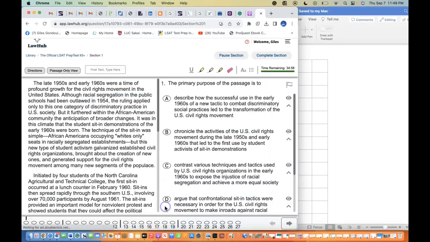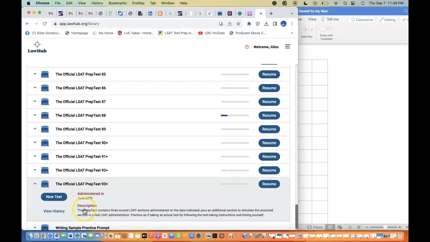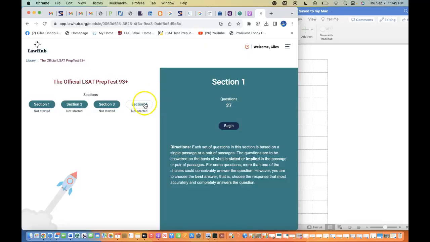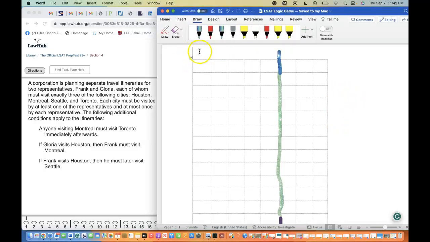On this PrepTest 93, we're going to get started on the first game. For the first game, it's going to be, I believe, in either section 3 or 4. So here we have it in section 4. A corporation is planning separate trips for two representatives, F